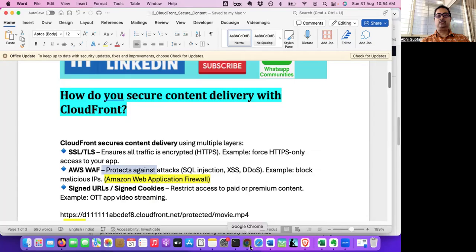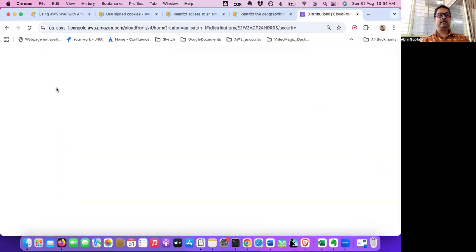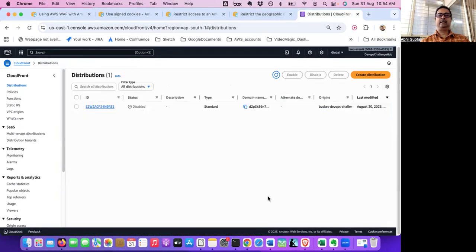So let's go to the AWS dashboard console. So here I have created one distribution. What I have done, I have created an S3 bucket and put some content, and then created a CloudFront distribution from here. And the origin will be your S3 bucket. And once you create this distribution,